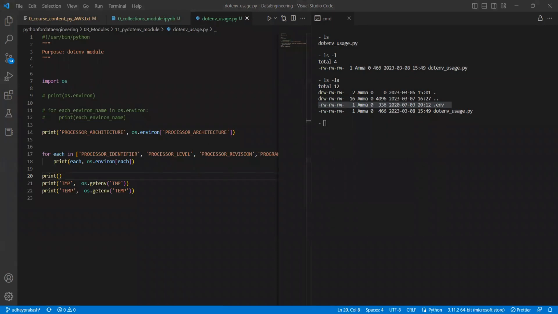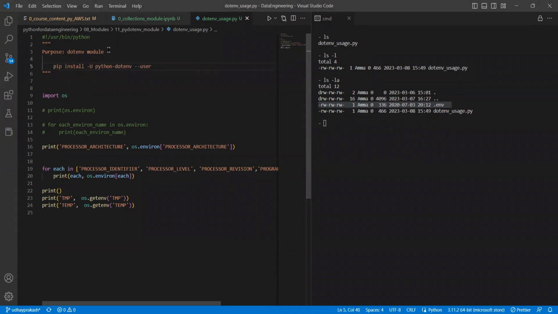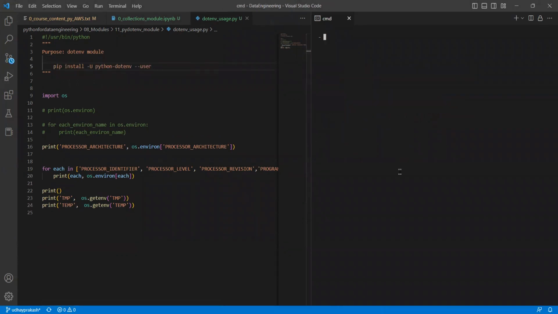There is a module called .env. .env is a module which these days many people are using. So it is not a module which comes by default. Then we need to install it. If you want to install